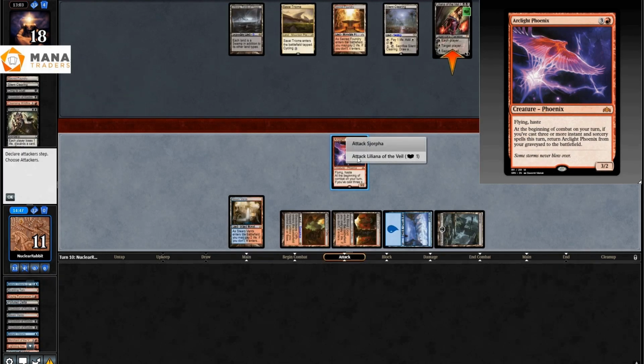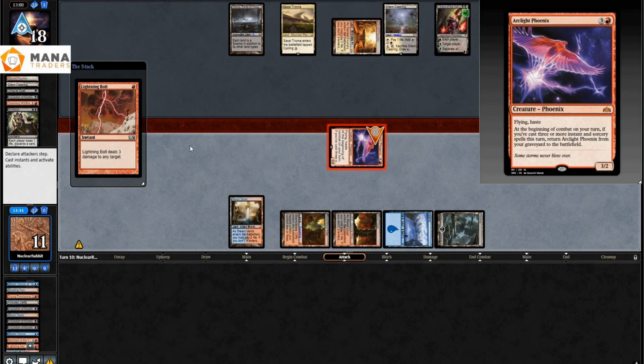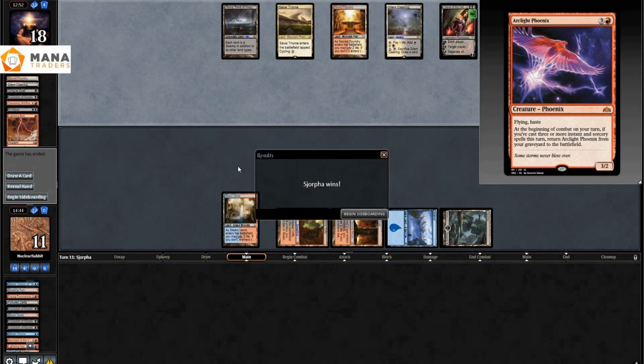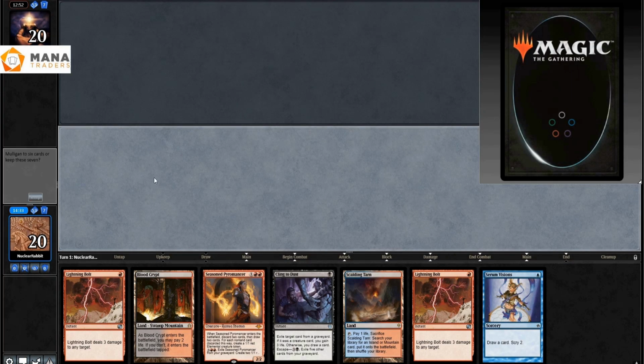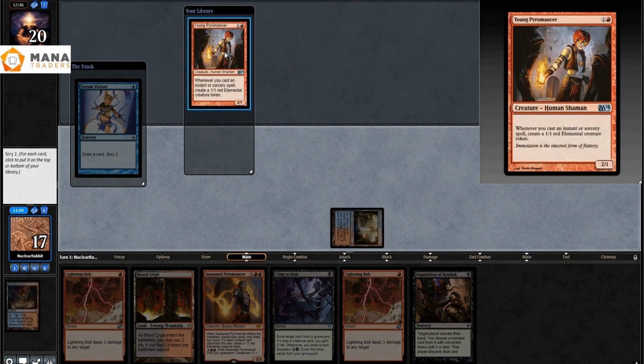Arclight Phoenix for me again, and at this point, like, I'm attacking, but I don't think I really stand a chance in this game anymore. So I just go ahead and concede here. I think I'm done. For game number 3, we keep this 2 land hand,